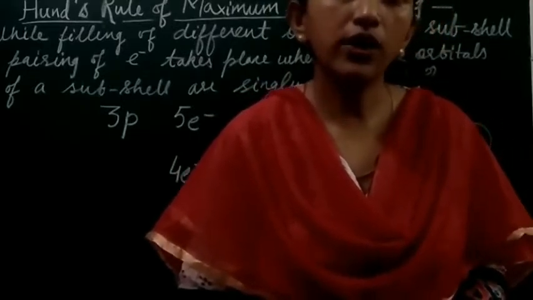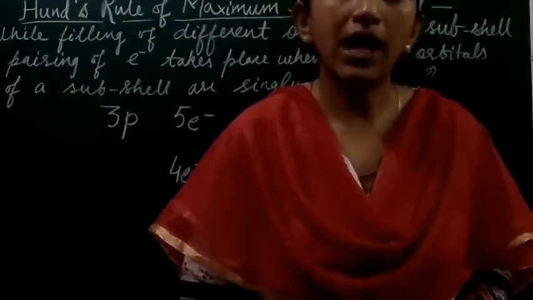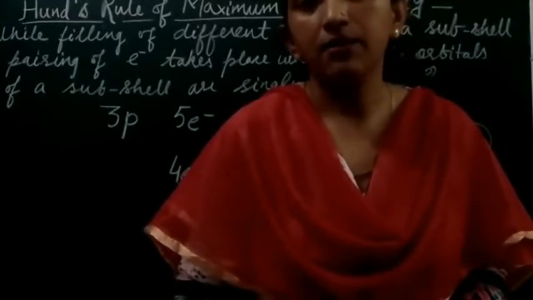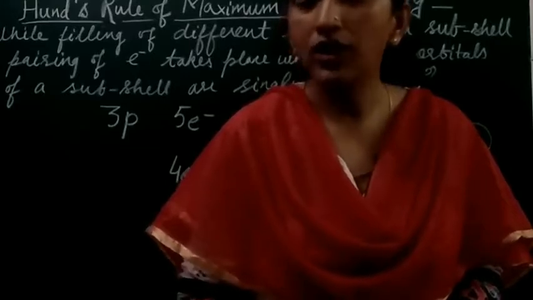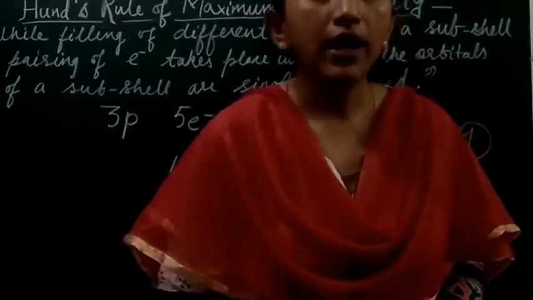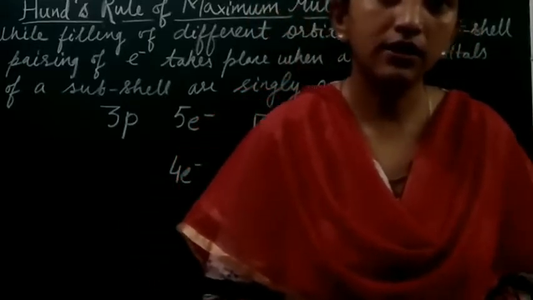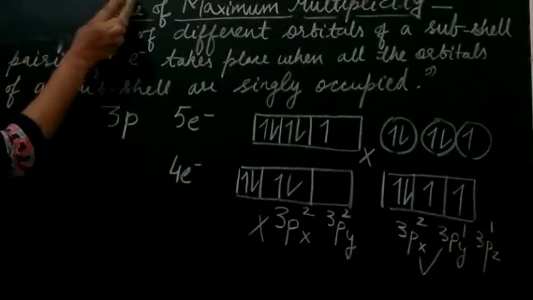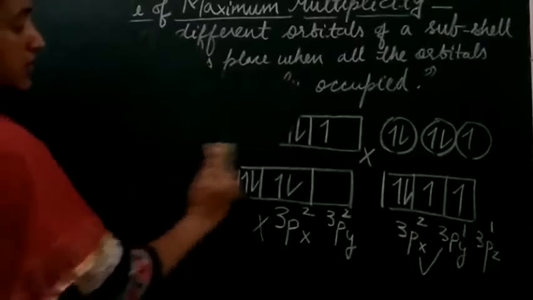Right? So now we are going to discuss another rule, which is known as the Aufbau principle, and it is a building block, right, of filling of the atomic orbitals in terms of energy. Hope you have understood this, right? So we will now do the Aufbau principle. According to the Aufbau principle, the electrons in orbitals are filled up in the increasing order of their energy. So we are now doing Aufbau's rule or principle.